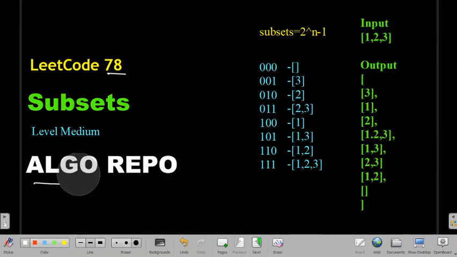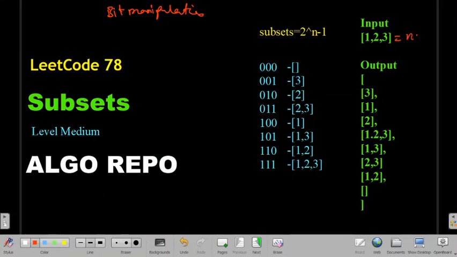So let's see how we are going to solve this question. For solving this question we will use bit manipulation. So why are we using bit manipulation? If we see all the subsets, we will observe that the size of this array is 3, so n is 3.